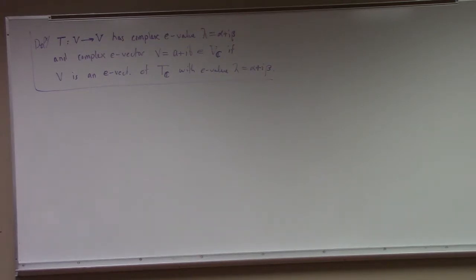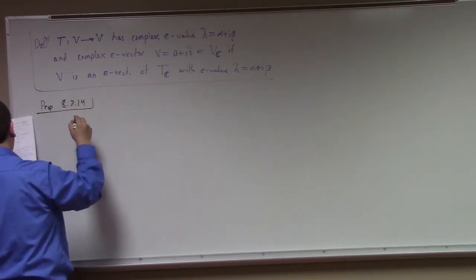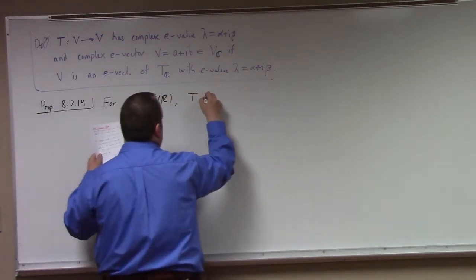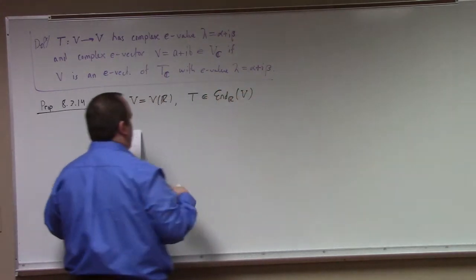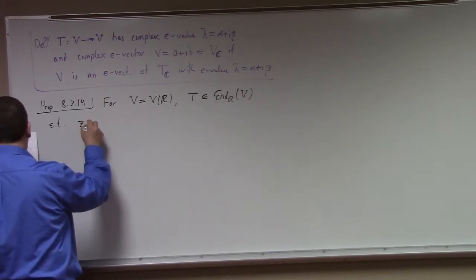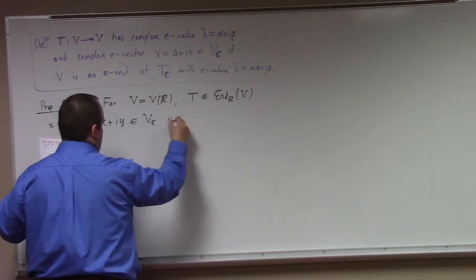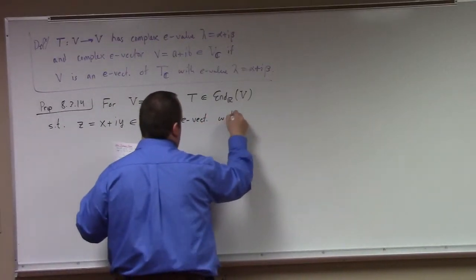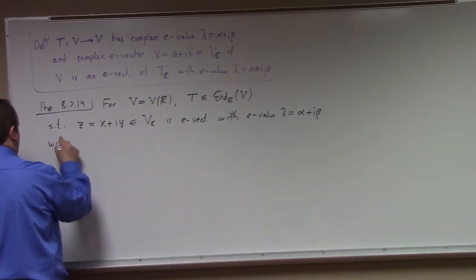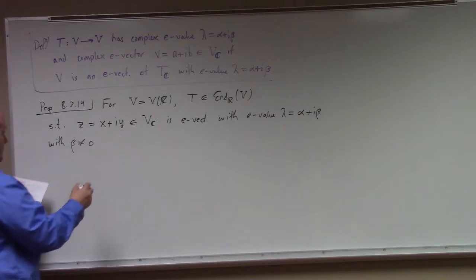first order of business then is proposition 8.314. And it says the following: for V a real vector space, and T an element of L(V), a real linear transformation on V, such that z equal to x plus iy in the complexification is an eigenvector with eigenvalue lambda equals alpha plus i beta, with beta not equal to 0. So if that is an eigenvector with eigenvalue with beta not equal to 0 for T sub C,